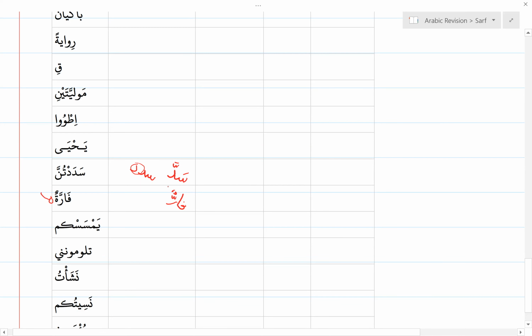So when you're looking at isms, my advice would be start with isim fa'il, go to isim maf'ul, because these are the common ones. If it's not an isim fa'il and it's not an isim maf'ul, then maybe it's a dharf. If it's not a dharf, then now you start looking at the other ones. But these three are the most common ones. And if you miss out on a dharf, go to isim sifa, because that's also common.